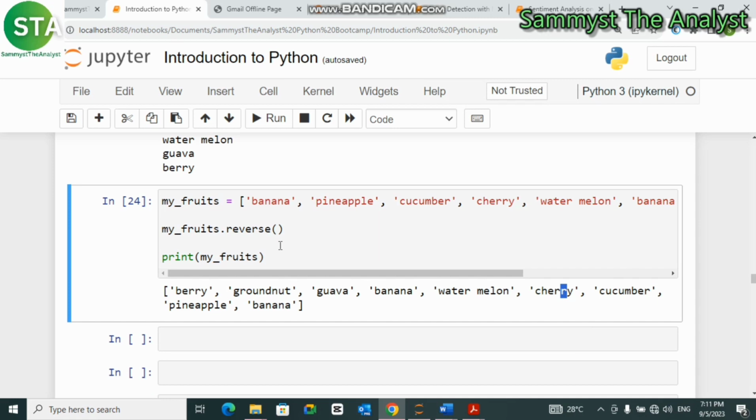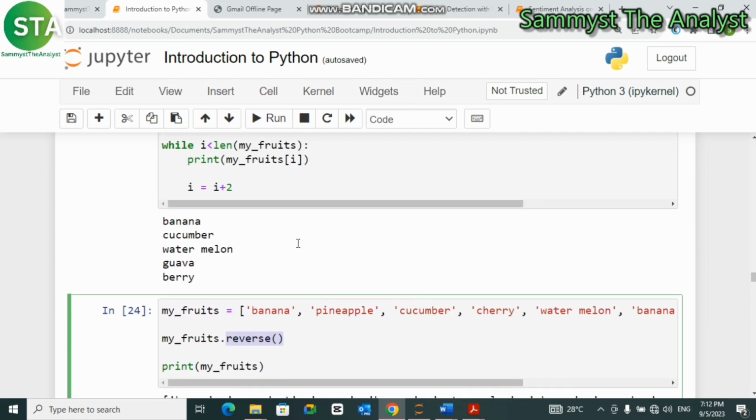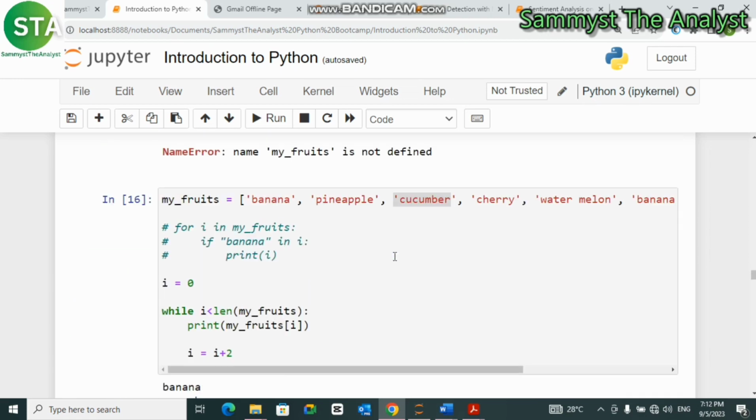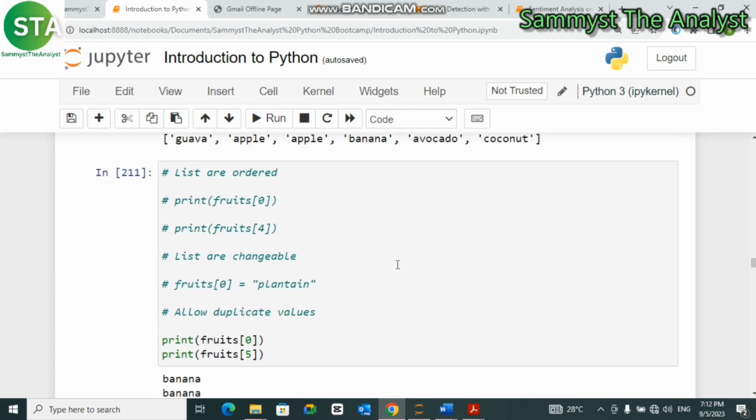Remember, it reverses it regardless of the alphabet. So we want to take note of this particular function. This is not in descending order, it's more like a random function that changes the initial position the items were. Now the next thing we want to look into is